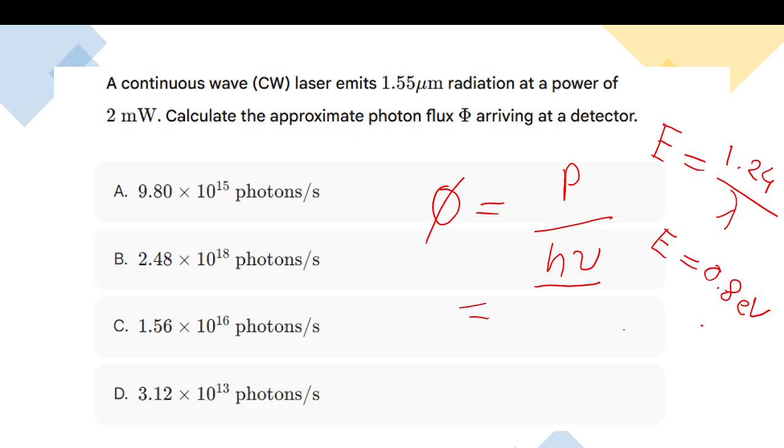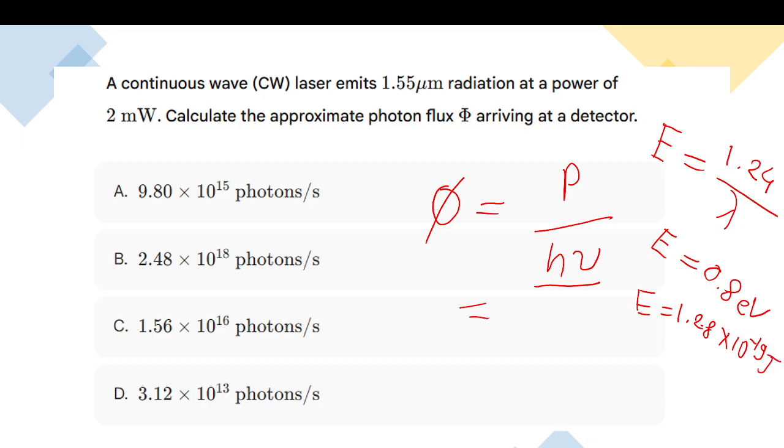We need to convert it into joule, and that will be 1.28 into 10 to the power minus 19